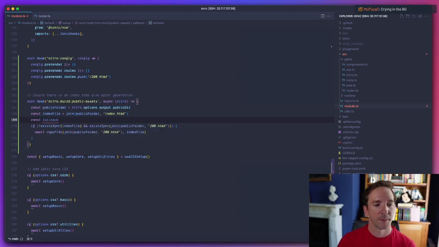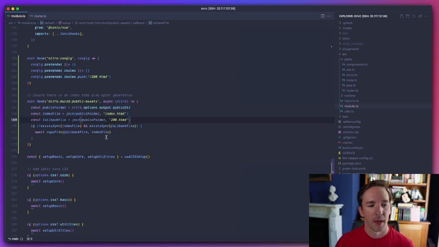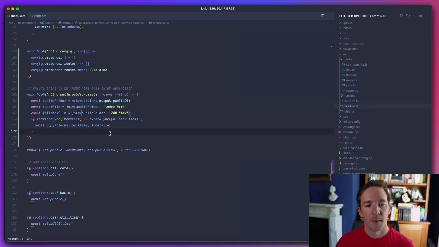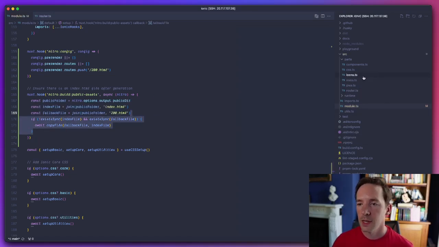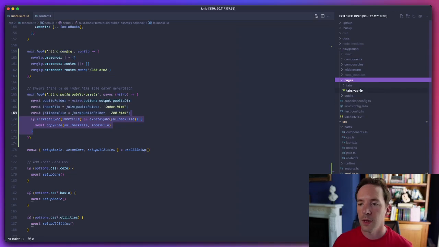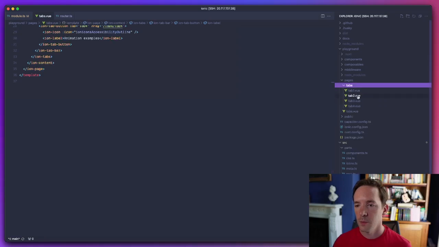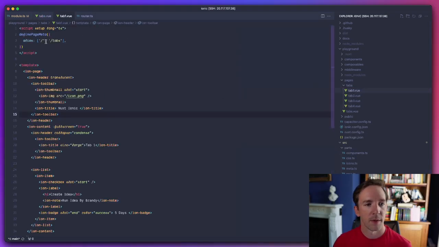Fallback file. There we go. So I think this should ensure we have got a file in place. So at the moment in our playground, in our tabs, I think we have an alias for that, but let's